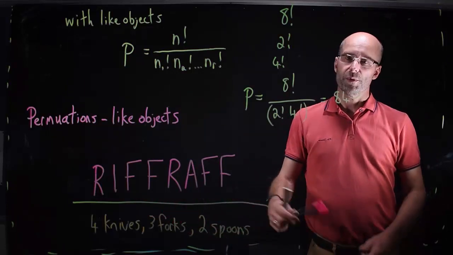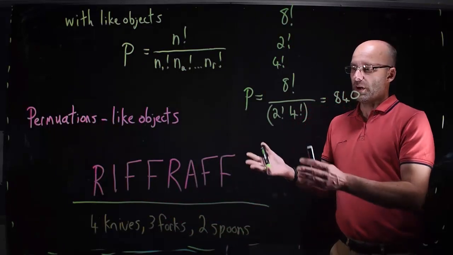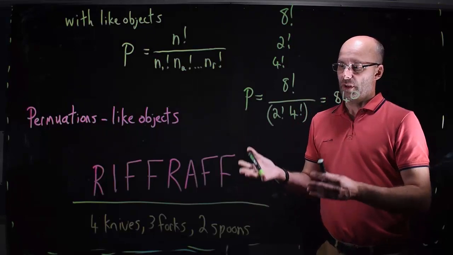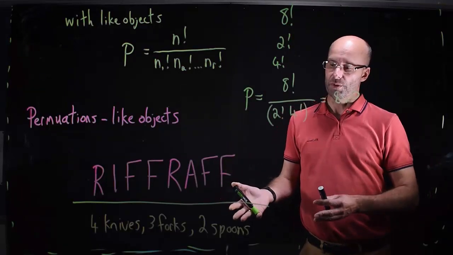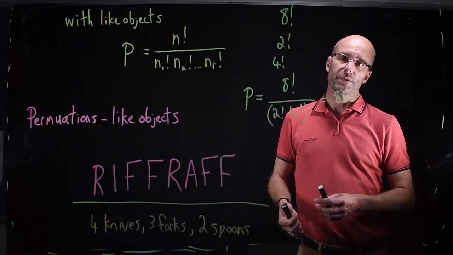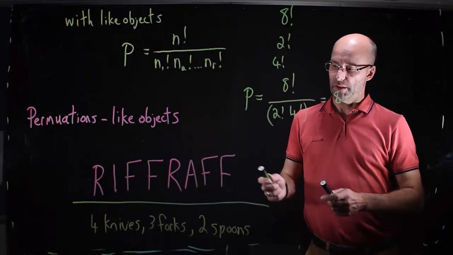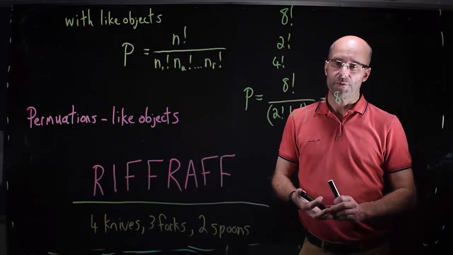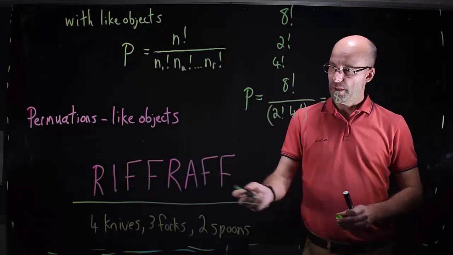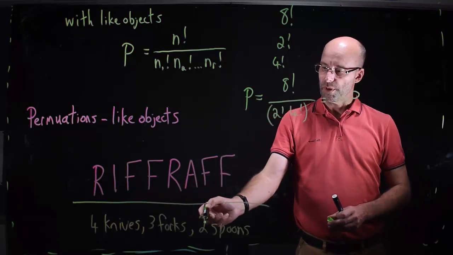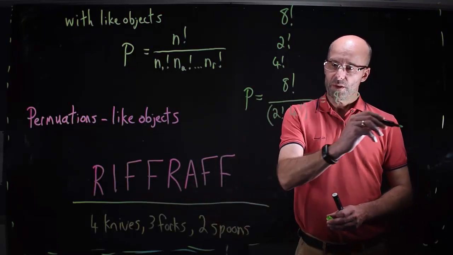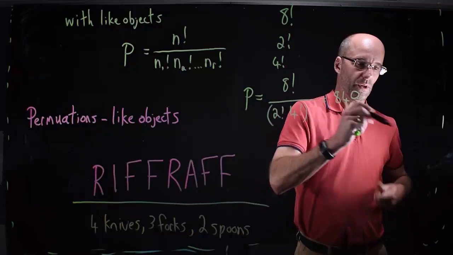Final example, down the bottom I've written 4 knives, 3 forks, 2 spoons. And that means 4 identical knives, 3 forks and 2 spoons. All of those individual bits of cutlery are basically identical. And so how many different permutations can we come up with? Okay, so we've got 4 and 3 and 2 is 9. So let's have a look. That would be